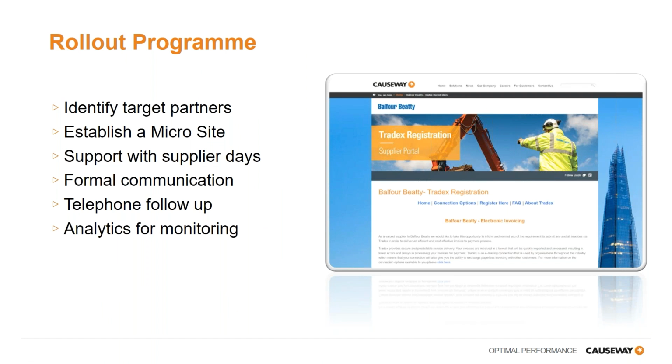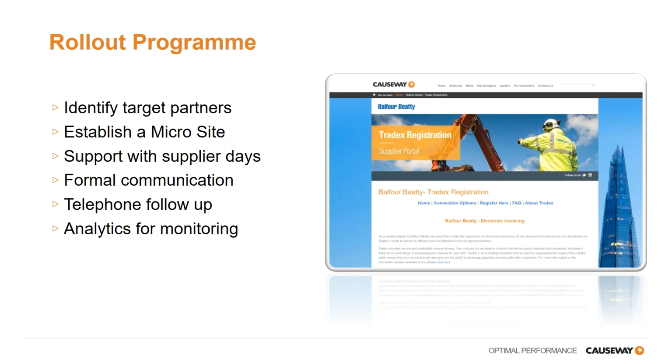Here on the screen, you can just see an example, one that we've got running at the moment with the Balfour Beatty rollout, and they are going through rollout. It started, I think, last November, but really kicked into action earlier this year, and we just exceeded the target expectation, and they're now at 71% in a few months. So it's at 71% of all of their invoices are now coming through Tradex. And that exceeded the target that was set for the joint project team between us and them,